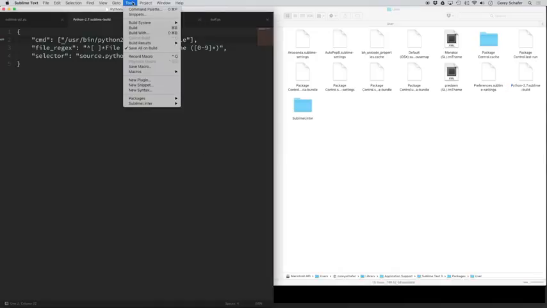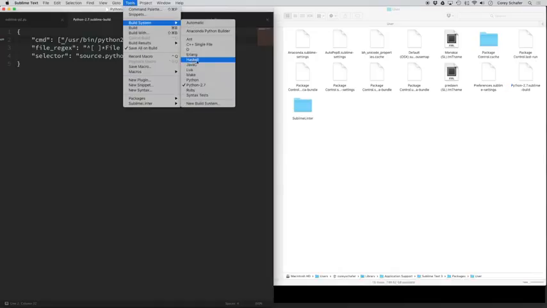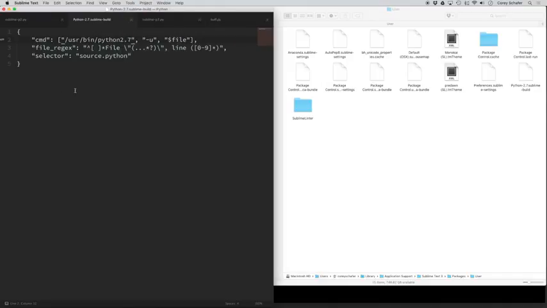And if I go to Tools and Build Systems, now we should see that Python 2.7 build system available. Okay, so before we make our Python 3 build system, let's take a look at exactly what this other stuff is doing. So first of all, what is this -u option doing here? Now I'm not going to go too in depth in this video, but basically